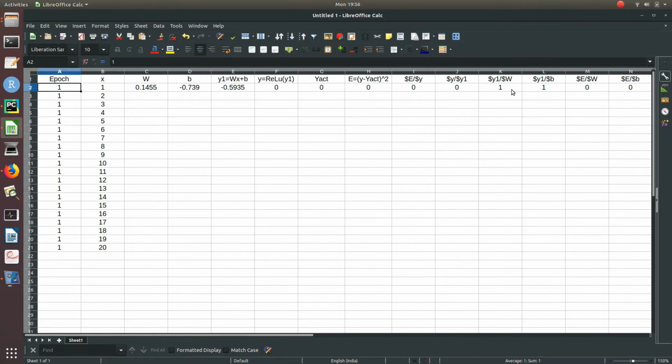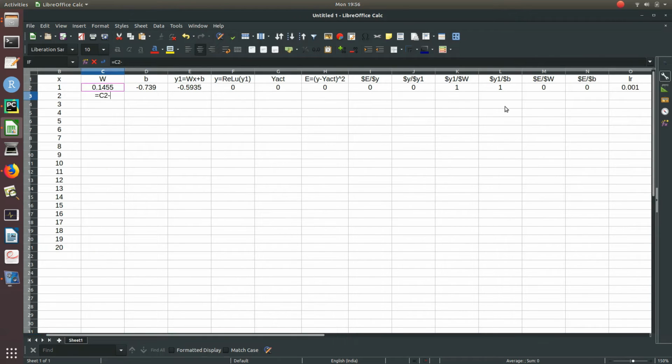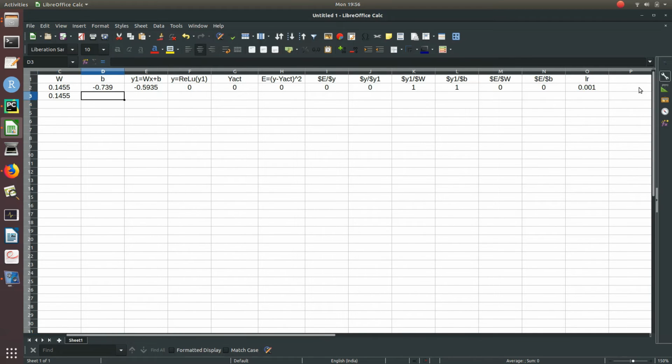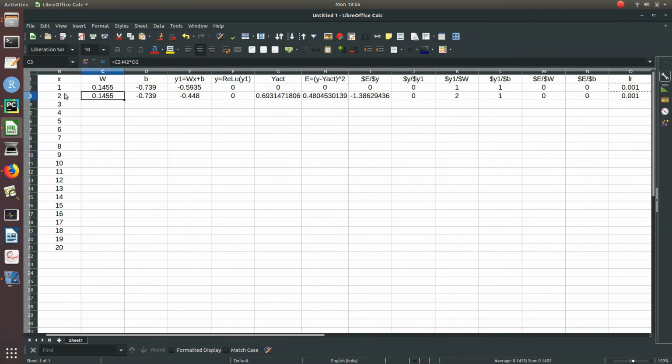Okay, so now let's see the step size and the gradient, and the update for weights and bias will be nothing but, as per the formula, the weight minus the partial differential of the loss function with respect to weight times the learning rate, and similarly for b it will be b minus the partial differential of the loss function with respect to b times the learning rate. And here we go, and the rest are of course formulas as we get. Okay, and here we see the outcome getting updated,